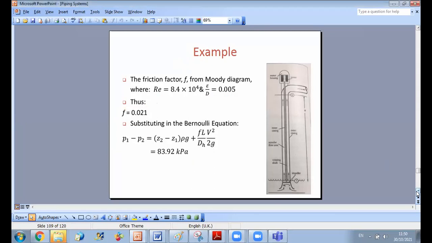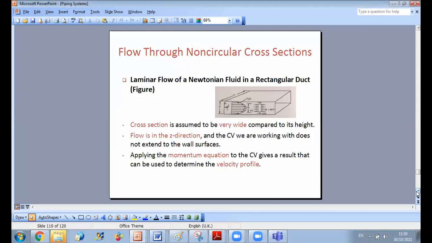Now we have other types of non-circular cross sections. One of the common examples is laminar flow in a rectangular duct. Okay. In this case, we assume we have a very wide duct. Okay, so the width is very large compared to the height. This will allow us to use analytical formulation. Okay, so we can consider that in this case the flow is in z direction, and therefore the control volume